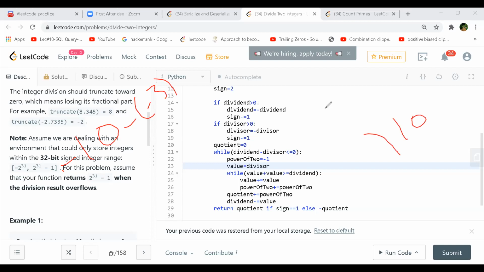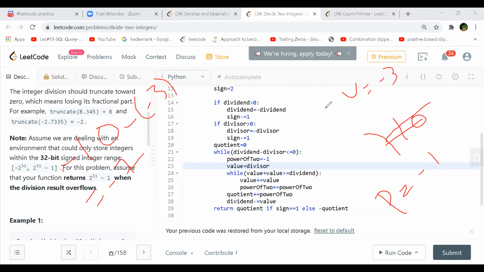Actually, in the usual case, your dividend is greater than divisor, then only we can divide. But for your condition to be true, in this condition, which is on line 21, minus 10 is lesser than minus 3, therefore you can come in this loop, correct? So this is minus 7. We have to understand it the positive way because that's easier to understand. Only the conditions will be inverted the way we are implementing now. That is the only thing we have to be careful with.